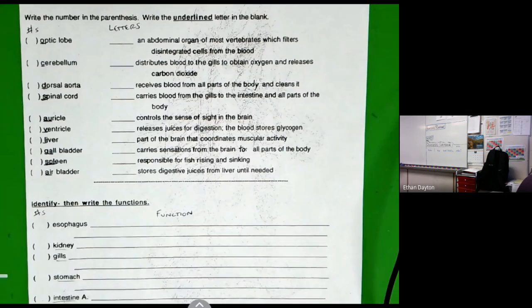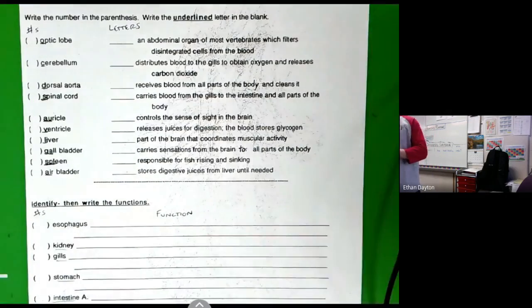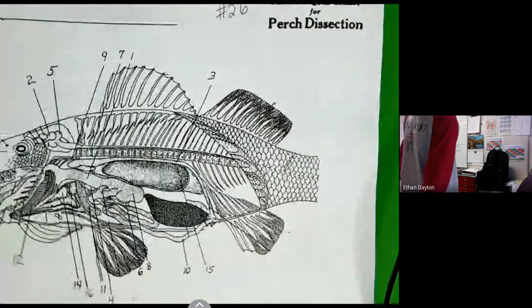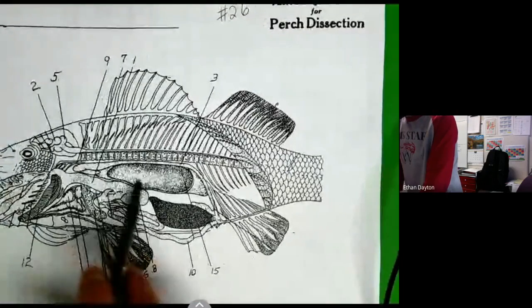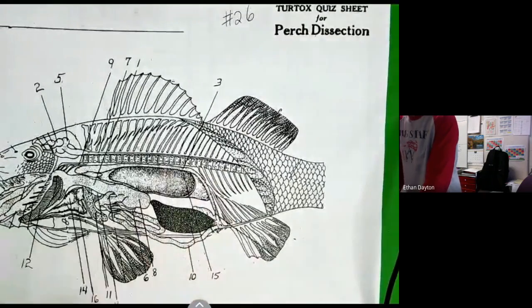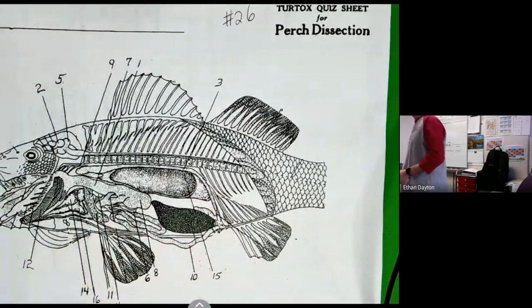All right, so one that maybe you have a question on. Number 3 is pointing at the organ that is behind number 15. So 15 is pointing at this big old thing. 3 is pointing at the organ behind it. All right. There's a bunch of them. You can see like the end of the line. You can see the numbers. Yeah.